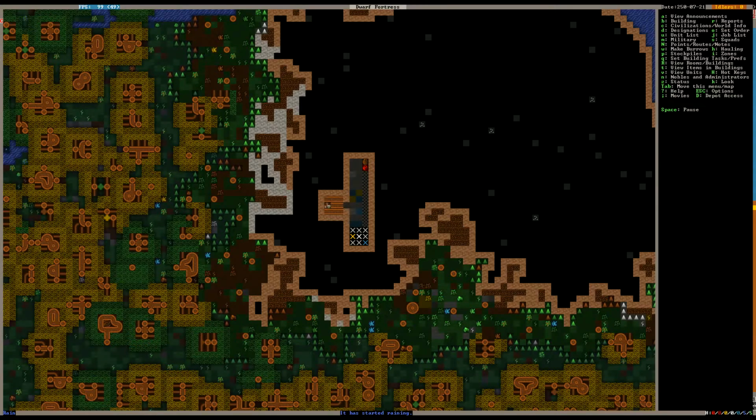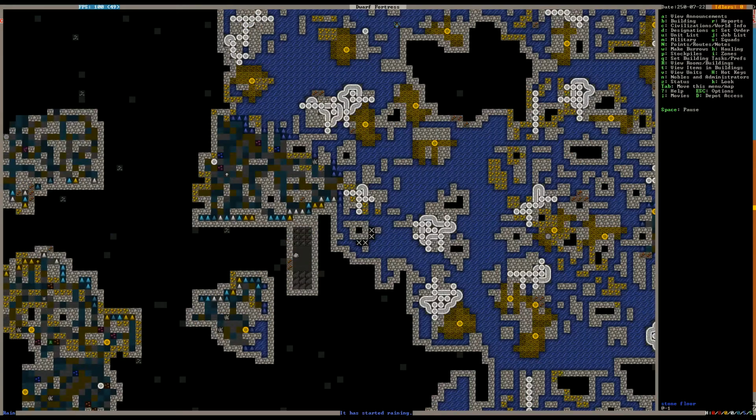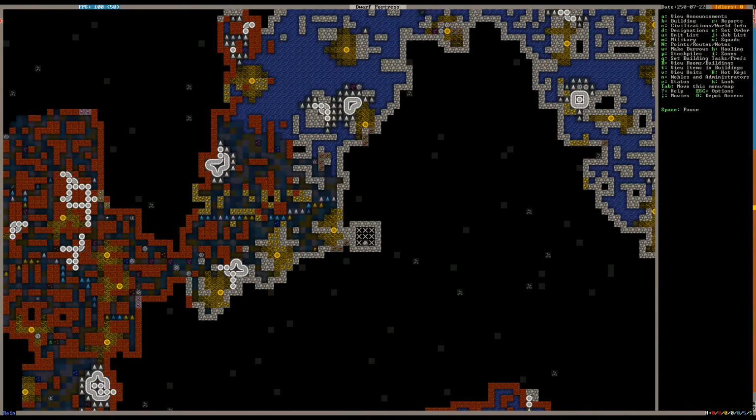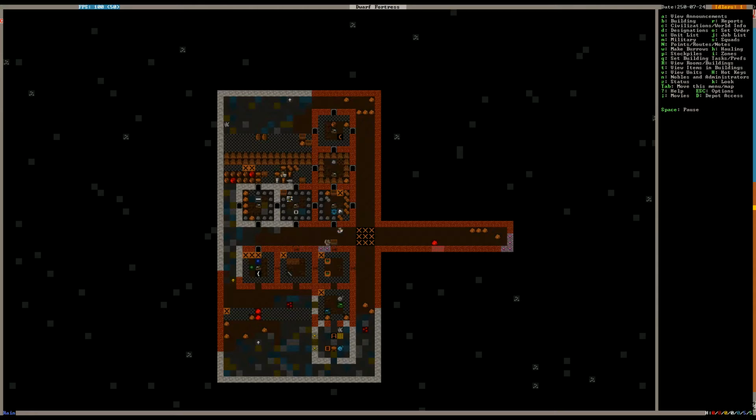Just go find that. So normally I like to set a hotkey to my digging layer, and I mean, we could... I don't know. I'm not super concerned with it, really. If a forgotten beast spawned, then I would be paying for that decision. A cave bat could fly up in there. It's something we definitely want to take care of. But...